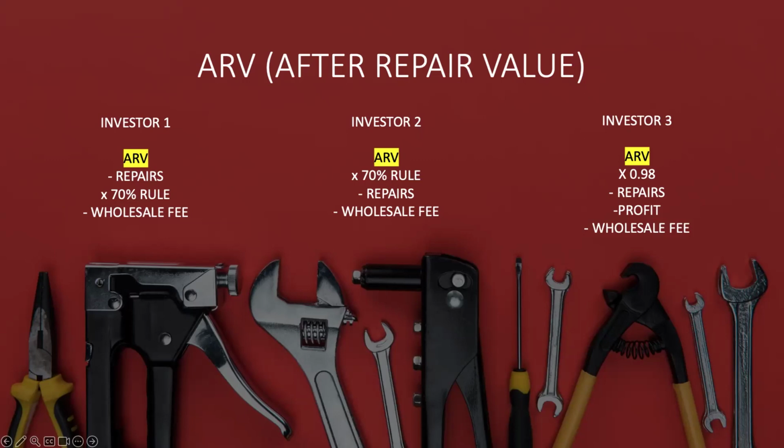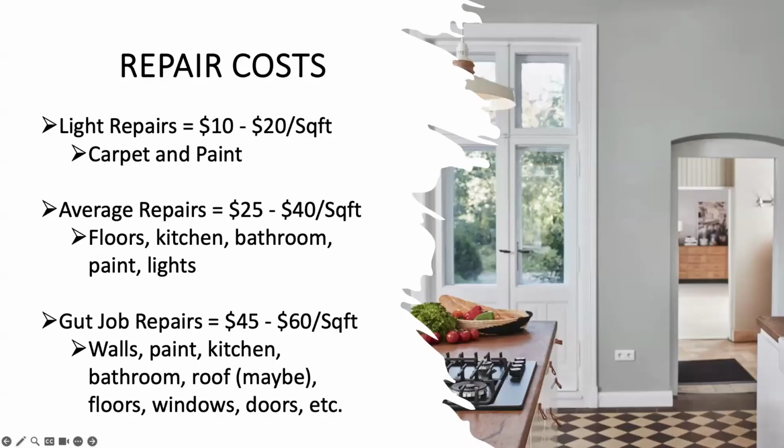Next part of the process of the ARV, which leads to the next foundation, and it says it on the word on the ARV, is repairs. When it comes to repairs, the sky's the limit. When it comes to repairs, I don't like to spend a lot of time on these repairs. Even some fix and flipper investors can sometimes under budget, or something else can really happen where you have to bring extra money into the project, which cuts into profits, and it's just part of the process. Again, it's not going to be a perfect game every single time, because each single home is going to have its own uniqueness. Each single home is going to have its own project expenses and all this whatsoever.